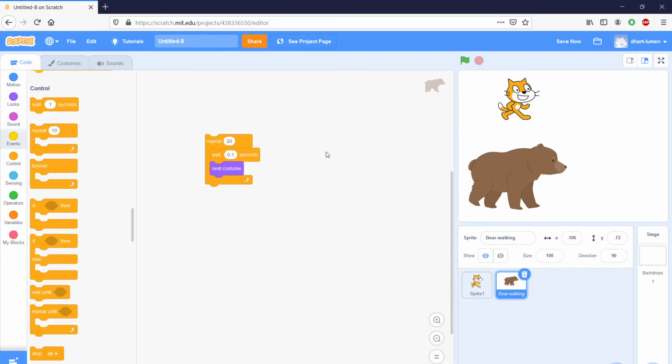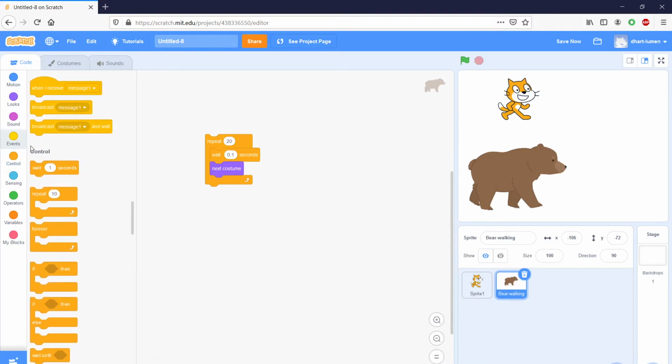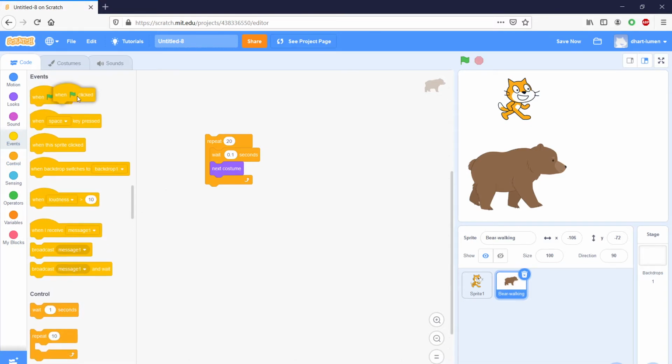All right. Couple other things to get started. If we want, we can click on this piece of code, okay, and it will run this, but we don't always want to have to find our code every time we're trying to do a specific action, especially if you have lots of different characters. We'd like a way to signal for everyone to start, okay? So we're going to go up to events, and this is another piece of code that's going to be really helpful here, okay? When we click this green flag, I want to do this piece of code, okay? So notice if I press the green flag, now it will run this code for me,